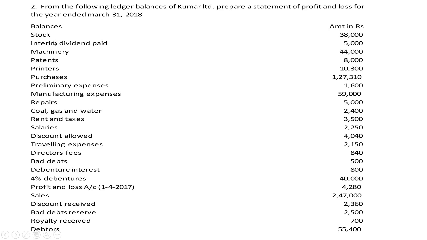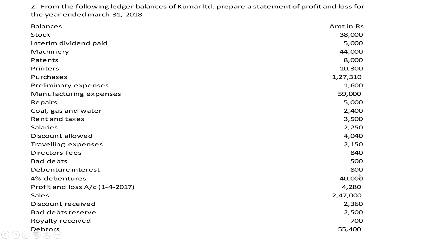Here the balances: stock 38,000, interim dividend paid 5,000, machinery 44,000, patents 8,000, printers 10,300, purchases 1,27,310, preliminary expenses 1,600, manufacturing expenses 59,000, repairs 5,000, coal, gas and water 2,400, rent and taxes 3,500, and the salaries 2,250, discount allowed 4,040, traveling expenses 2,150, director fees 840 rupees, bad debts 500, debenture interest 800, 4%